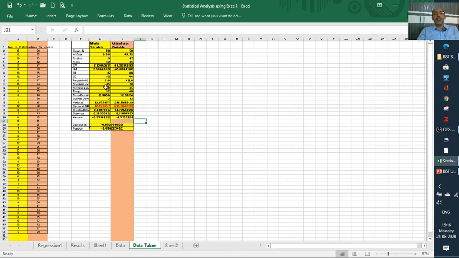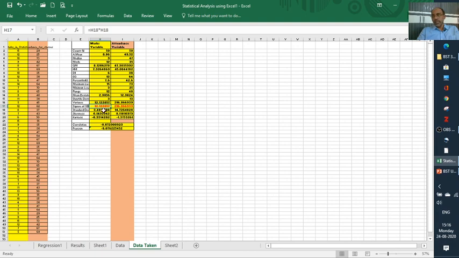We calculated minimum and maximum, the least and highest values in the data. Then range, L minus S, then average deviation, that is mean deviation, quartile deviations, variance, and standard deviation.